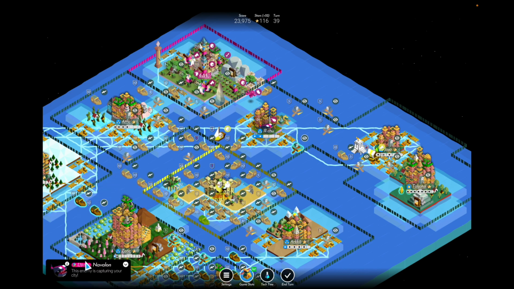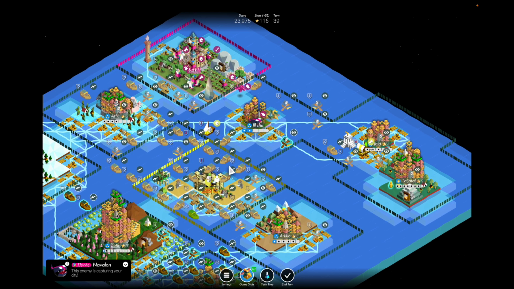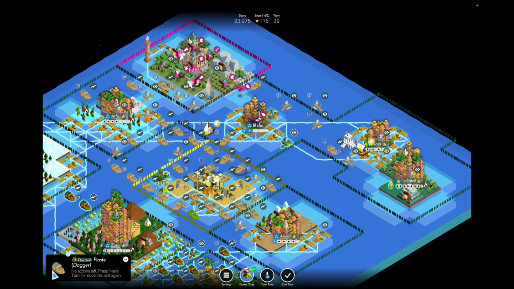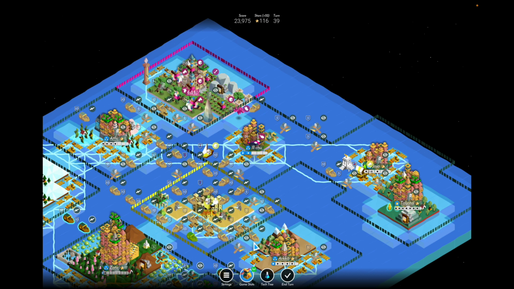Do they have persist? Oops, I wanted that. They do have persist. Okay, so I don't want to chain daggers together. I mean, they could get a really good dagger chain here. Actually, do pirates... They have a defense of 2, and it's times 1.5, so it's a defense of 3 right now